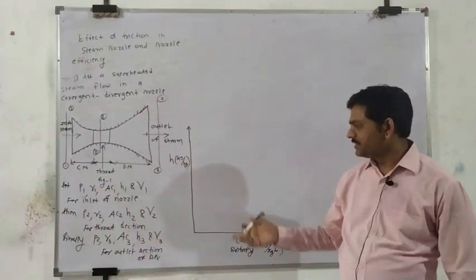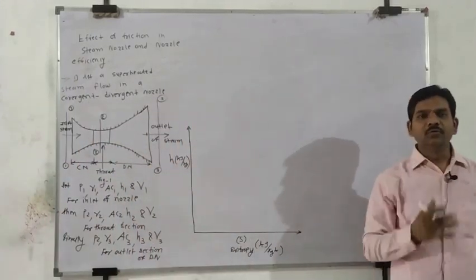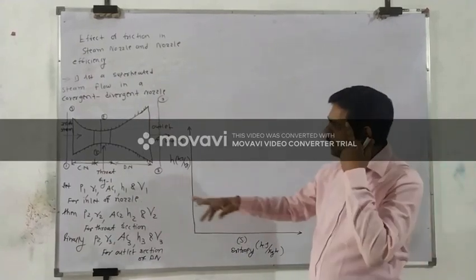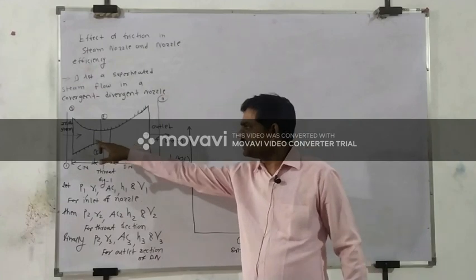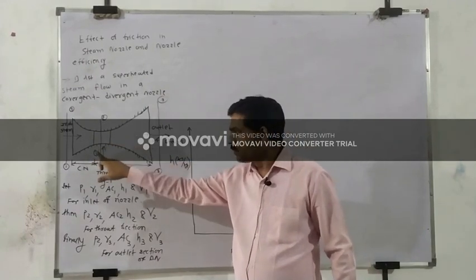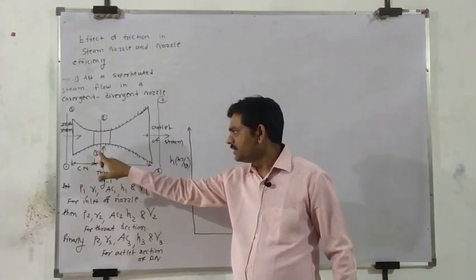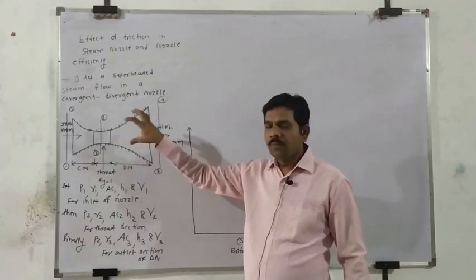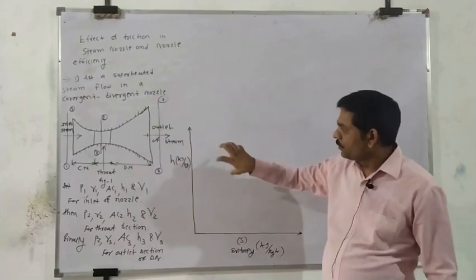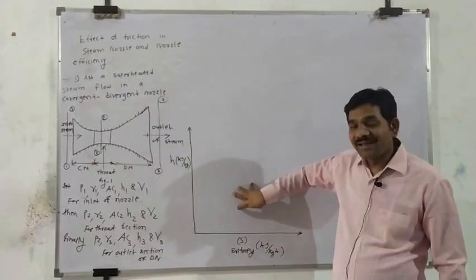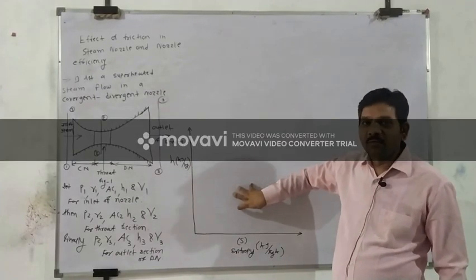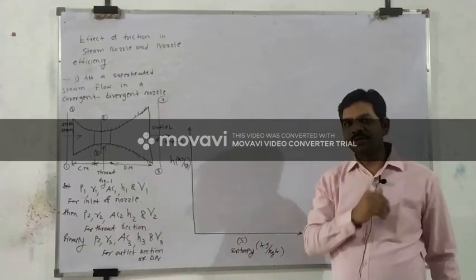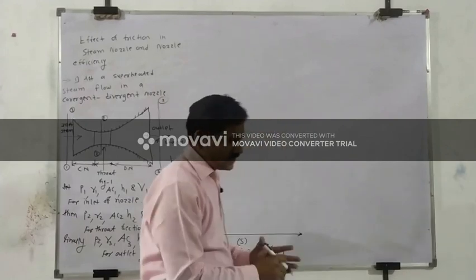We know that this HS chart is nothing but the simple Mollier chart diagram. So we have to draw the whole process whenever the steam is passing through the nozzle, through the convergent section, throat section and divergent section of the nozzle. This flow of steam we have to draw on an HS diagram. What type of effect is there? What is the performance of the nozzle whenever the steam is passing through the nozzle? Okay. So let's see here.